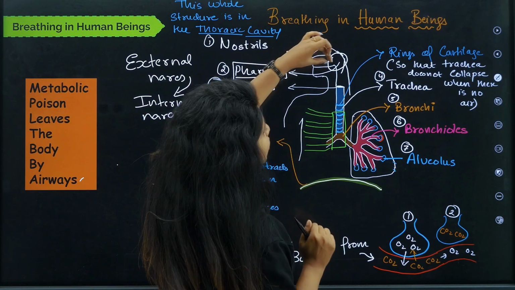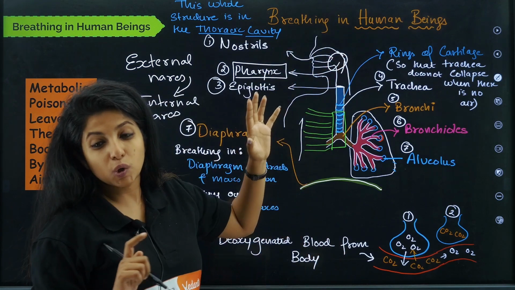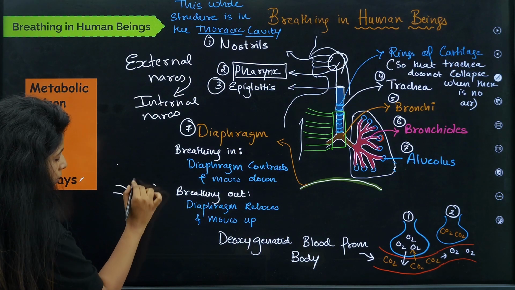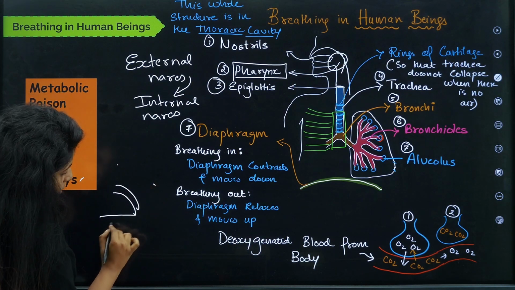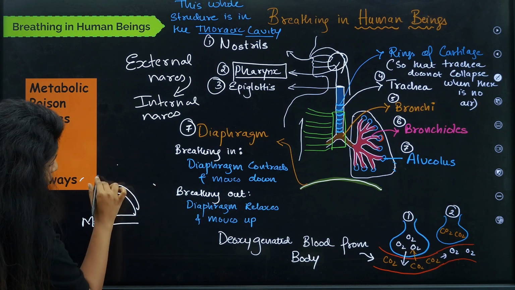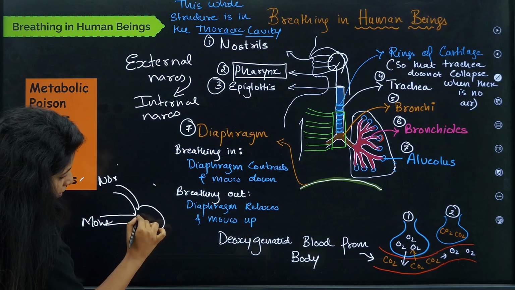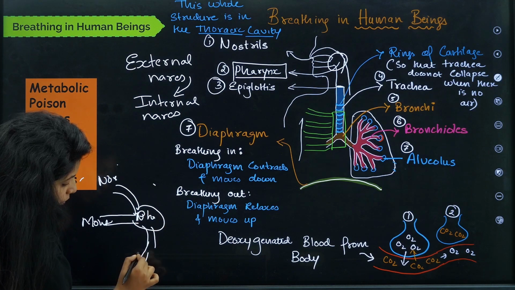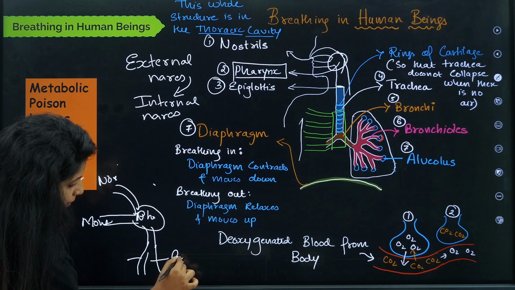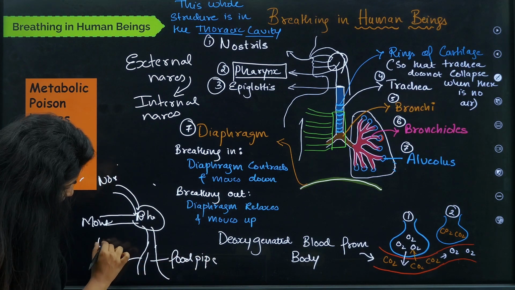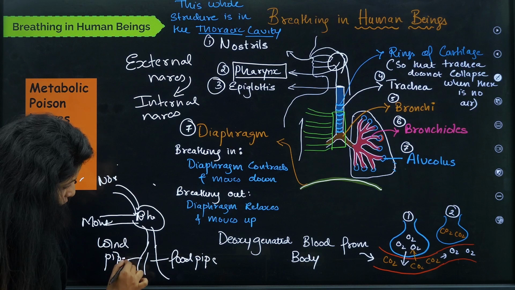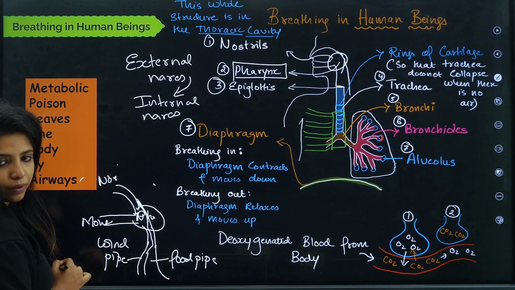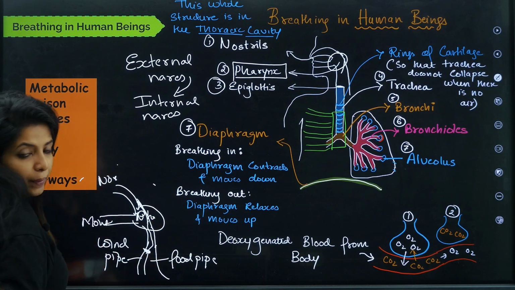Now if you go ahead, my dear children, you have two pathways. I'll say your pharynx is a junction, because it receives from here: this is the mouth, this is the nose, and this area is your pharynx. Pharynx moves down, and then it has one chamber going here, one chamber going there. This is your food pipe, and this is your windpipe. Now, food which comes over here should not be going into the windpipe, right?